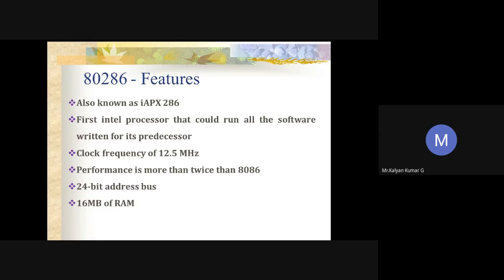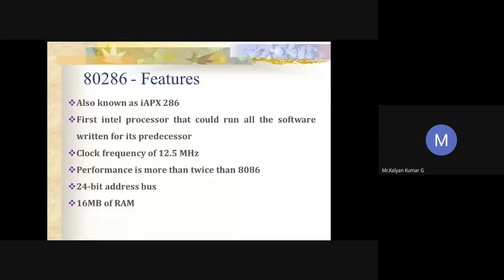And the pin count, you can also mention the pin count. 8086 has a 40 pin dual inline package, whereas 80186 has a 68 pin IC. You can remember that point. Power consumption in 8086 is more, whereas power consumption in 80186 is quite less when compared to 8086. You can remember these points whenever they ask you. Next we'll move on to 80286.